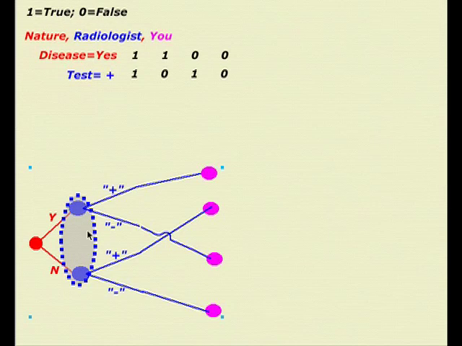But we put this information set around these 2 nodes because the radiologist doesn't actually know whether you have cancer or not. Okay? So they could be here or they could be there, but they have to make a statement. It's like, I've got these results from the test. The test indicates plus. Yes, you do have cancer. The test is minus. No, you don't. And there could be shades in between, but we'll just keep it binary, okay? So I've put the possible decisions or reports of the radiologist going in this direction.